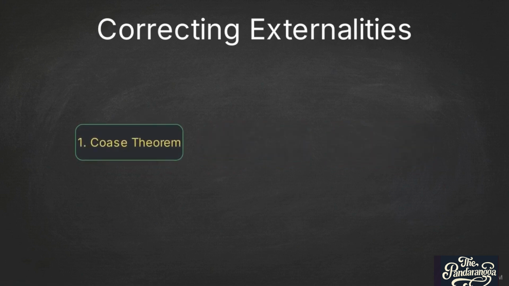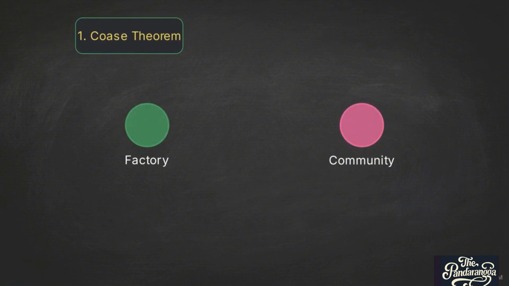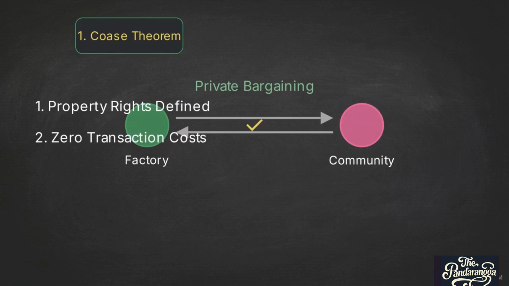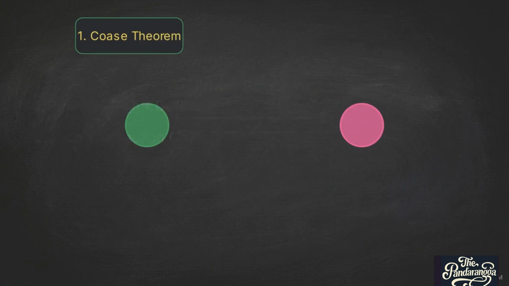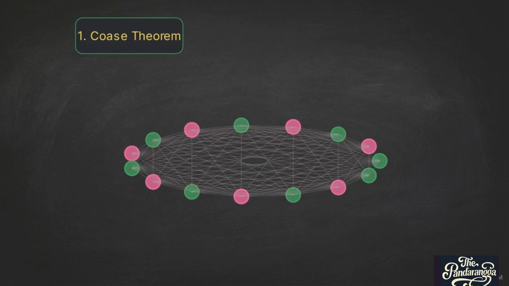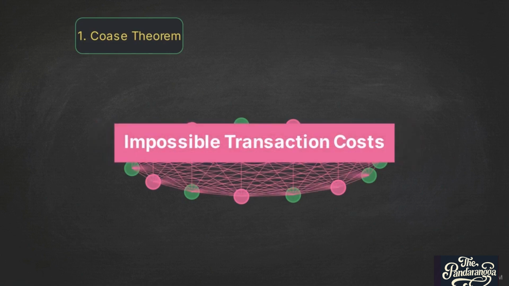The first is the Coase theorem. It suggests that private parties can negotiate their own efficient solution. Coasian bargaining works perfectly, but only if property rights exist and the transaction costs of negotiating are zero. In practice, Coase fails from massive issues like Indonesian deforestation. Coordinating millions of actors incurs impossible transaction costs.